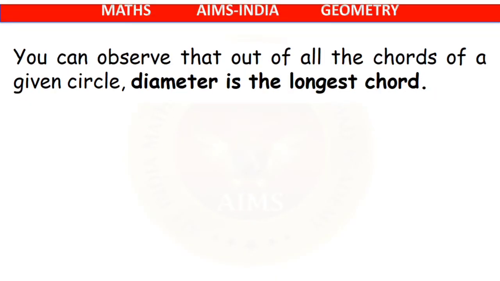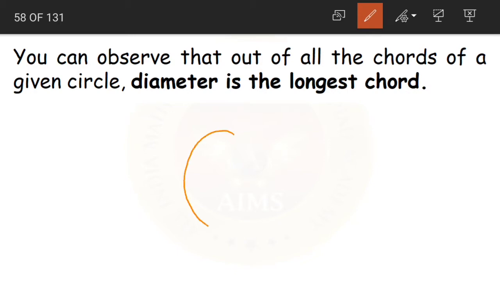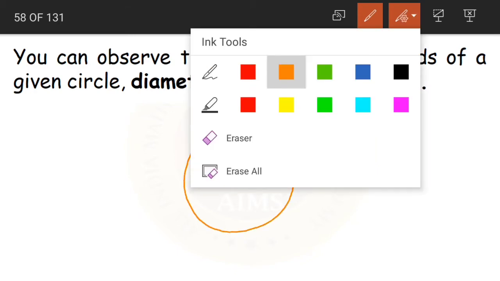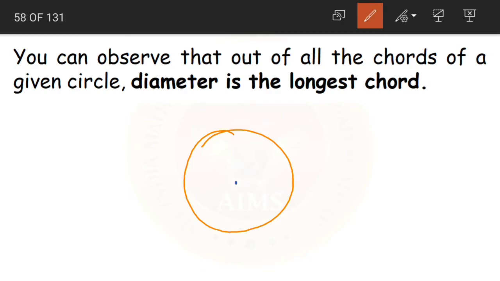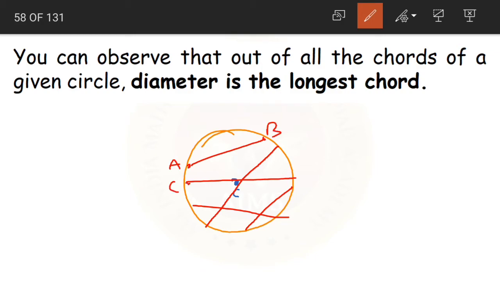Here let us take this circle for example. Now I will draw a few lines in this. Suppose this is our center of the circle, C. Now let me draw some lines. Okay children, again what will we do? We'll name the endpoints A, B, C, D, E, F, G, H, I, J.